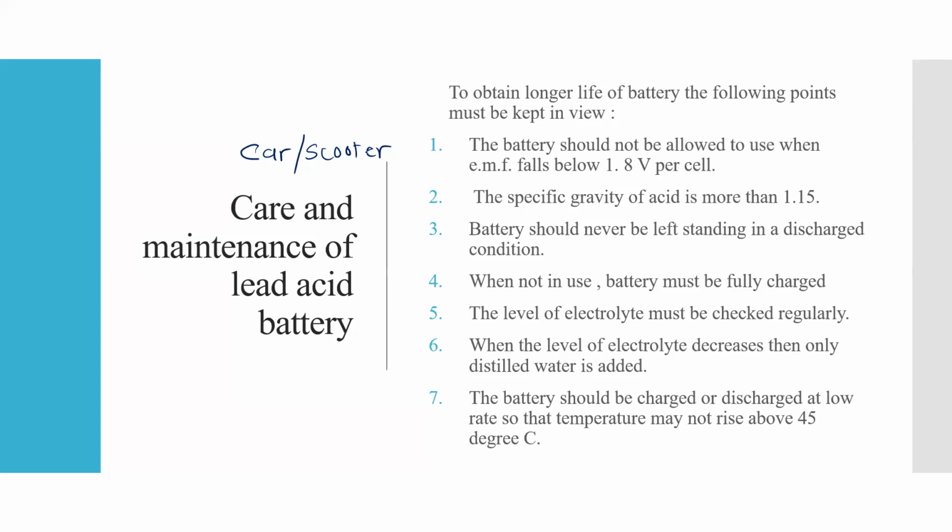Understand? If there are 5 cells, the voltage should not fall below 1.8. The specific gravity of the acid should always be more than 1.15. Okay? So don't always keep on adding water, right? Don't keep on adding water every time. Okay? Right? Third,